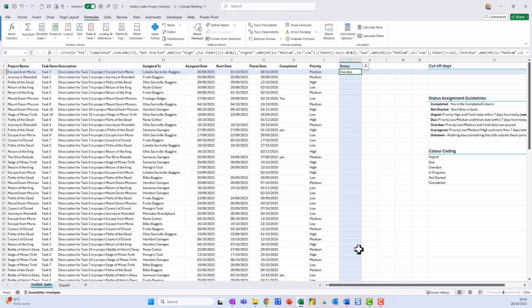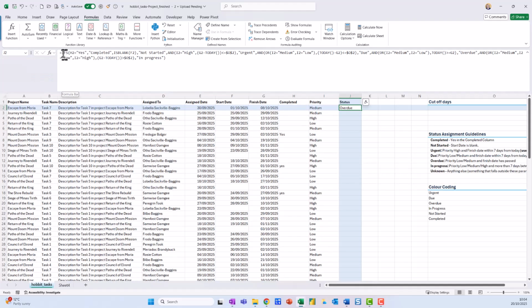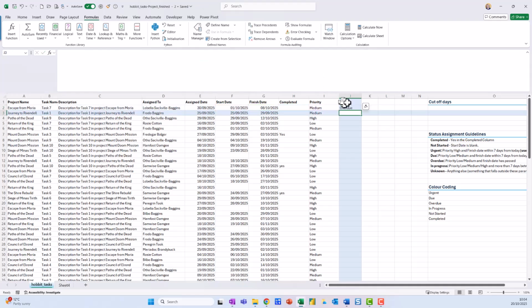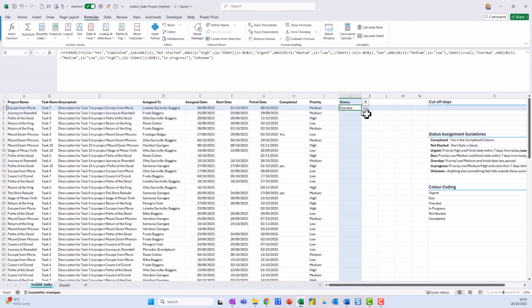Now, the one thing I do want to put in this, because this is maybe one of the trickier things about the IFS function, is that you might find there are situations where something hasn't been accounted for in the conditions. So you need to flag that. If I come up here to the IFS function, I'm going to use an IFERROR function around it, which is the last step, comma, and I'm just going to put down unknown. Okay, and then you can flag those, and then press enter. And then I'm just going to double click on this one,